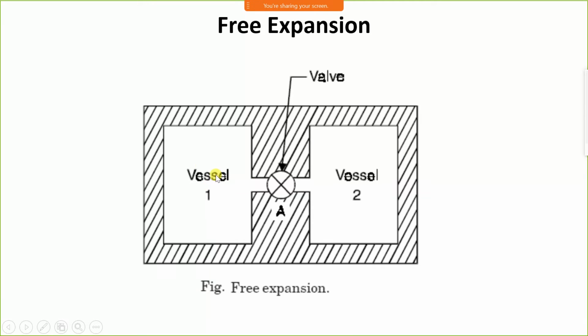Consider the fluid is moving at a constant velocity, therefore no change in kinetic energy. These two vessels are at the same level, therefore no change in potential energy. But air has some temperature, therefore we can write a change in internal energy, not kinetic energy, and the change in internal energy is Cv into T.